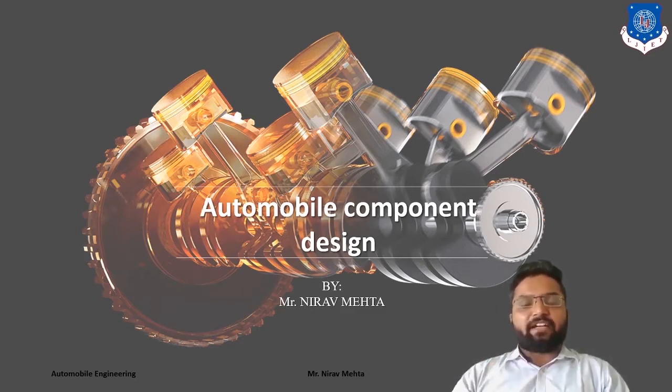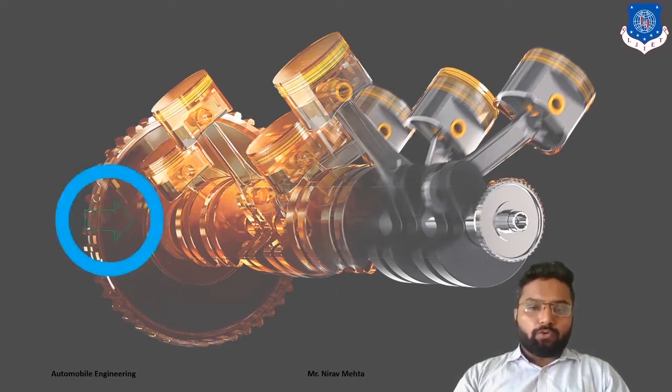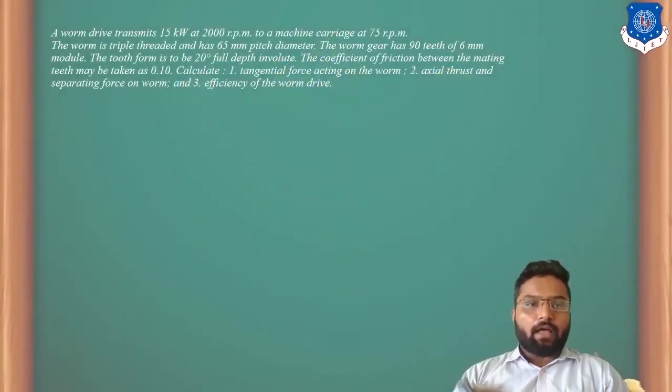In the gear terminology of a worm and worm wheel, we should know about different aspects of a worm and different aspects of a worm wheel. Worm is mainly related to the design of a screw, and worm wheel is mainly related to the design of a spur or a helical wheel. In this session, we are going to discuss the application of these worm and worm wheel aspects for different designs of efficiency as well as strength. So let's move on.